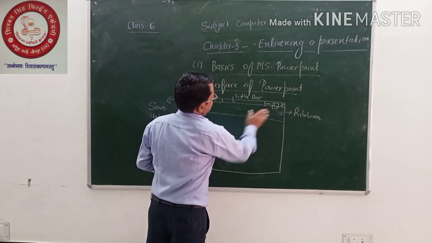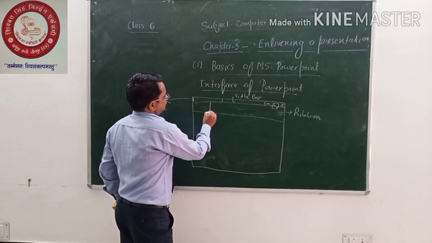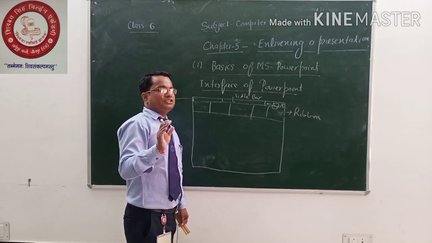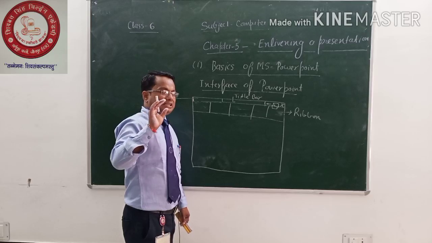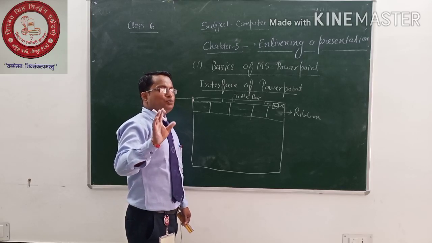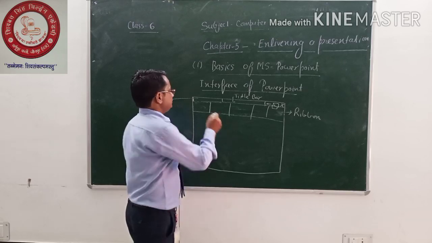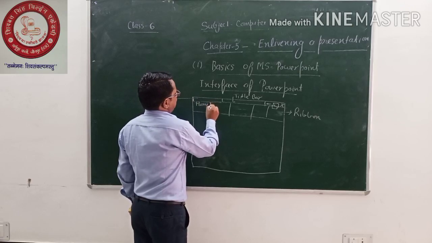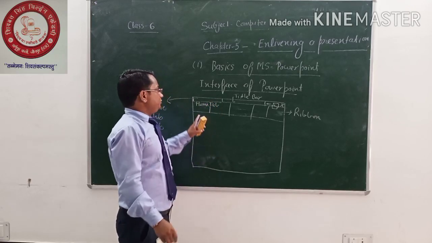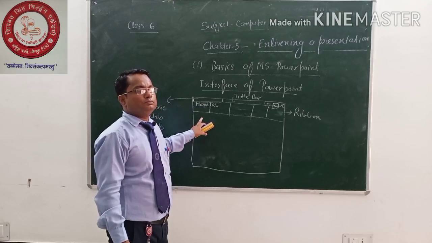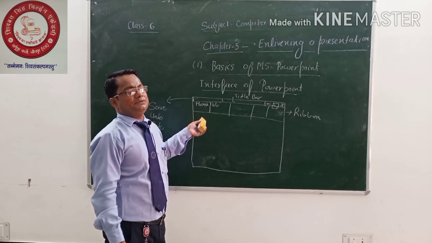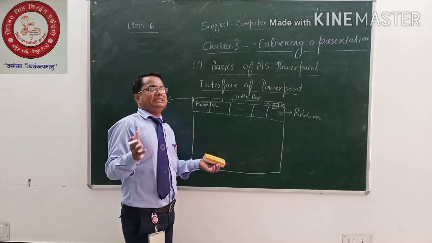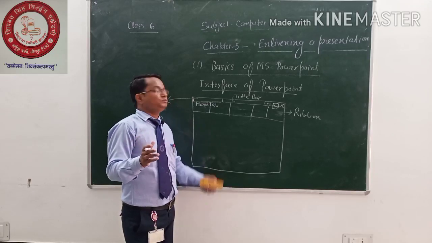Now here, your menu bar consists of several menus, right? And each and every menu is divided into several groups. Suppose I am in the home tab. So your first group may be the edit group, and there is a font group, and many other groups are also there, and you will get different kinds of buttons available in the home tab.